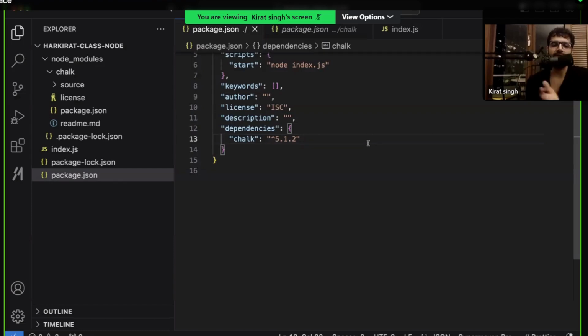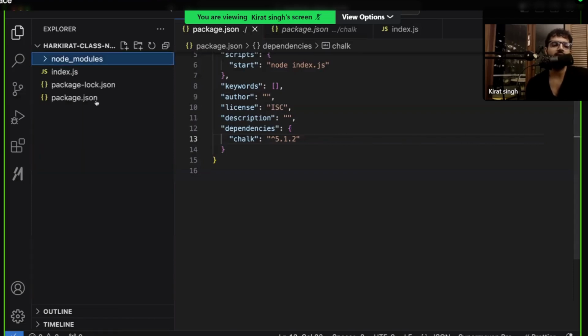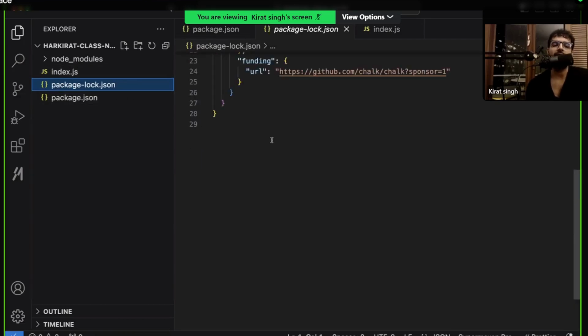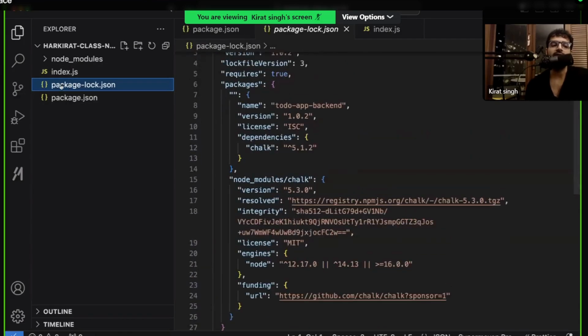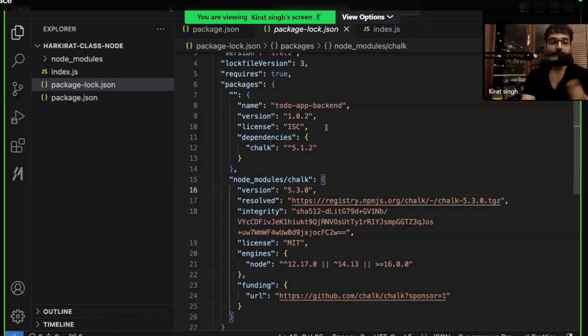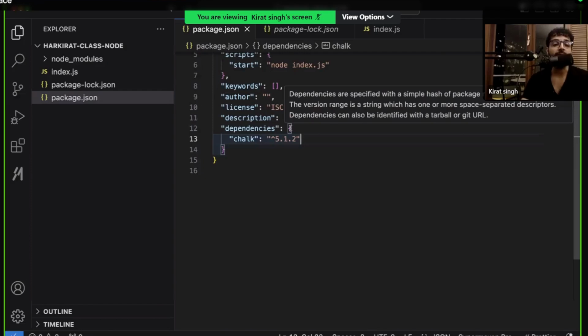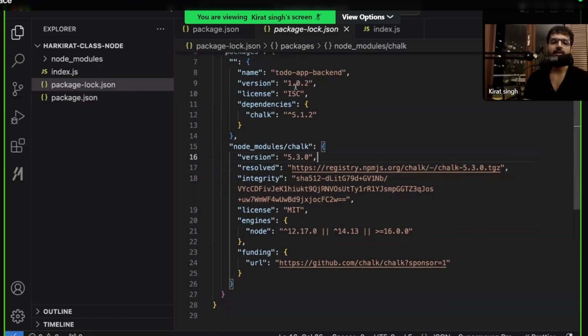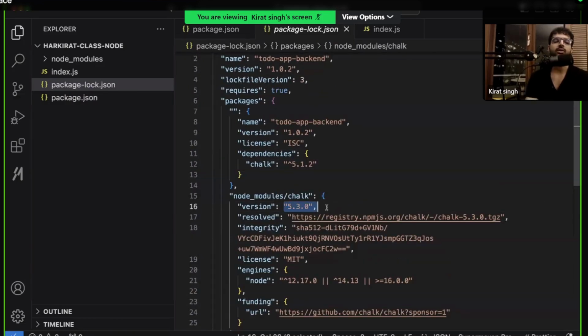People did not realize how big of a problem this can become for the longest time. Eventually, people realized, and this lock file was introduced. As you saw, as I'm running npm install, this lock file gets generated automatically. What is the goal of this lock file? It pins a version over here. I repeat, it pins a version over here. What does version pinning mean? It means that you asked for anything greater than 5.1.2. I have pinned it to 5.3.0.